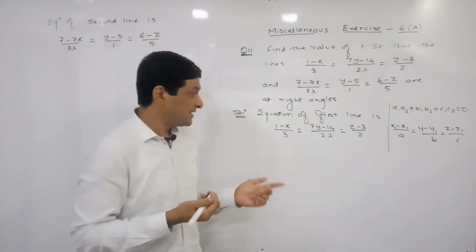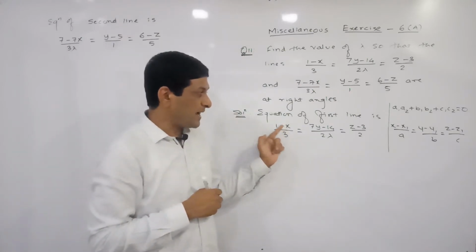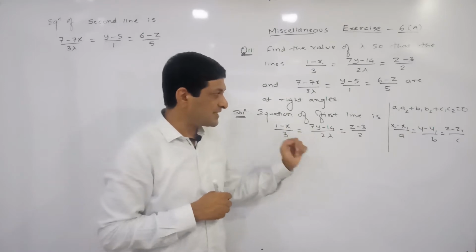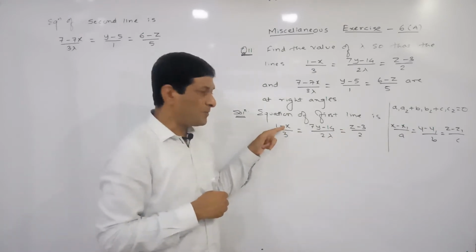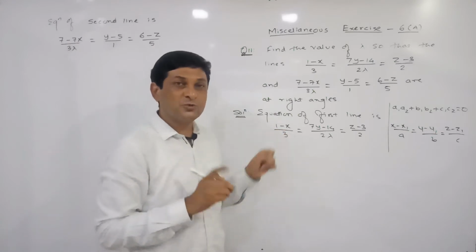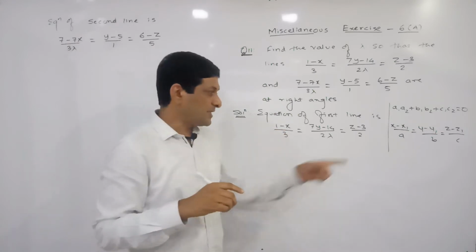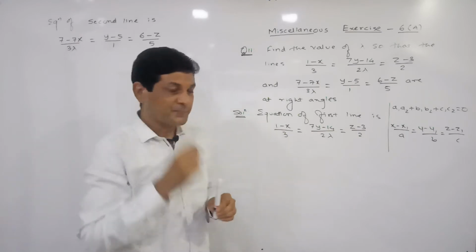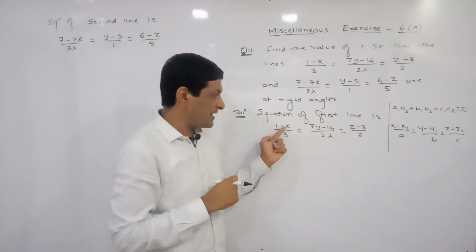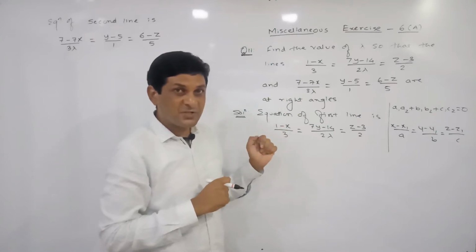Now in this case, what is coefficient of x here? Minus 1. Here coefficient of y is 7. Here coefficient of z is what? 1. Means first our coefficients of x, y, z should be equal to 1, so that the values in the denominator can be considered as direction ratio. First we have to bring 1 here. As it stands, what is coefficient of x?